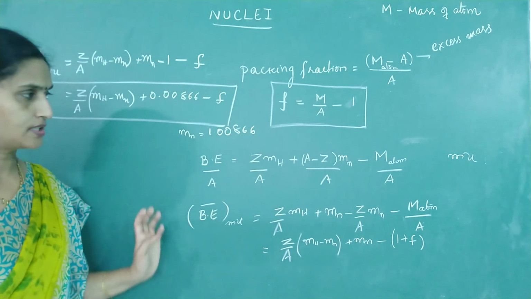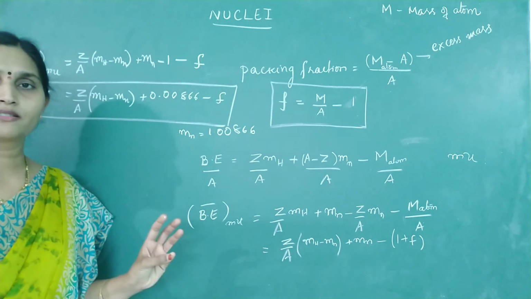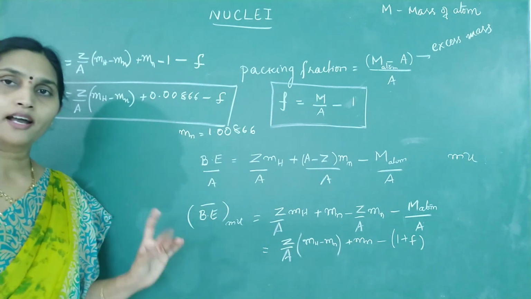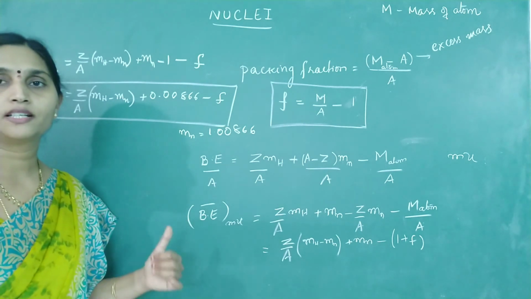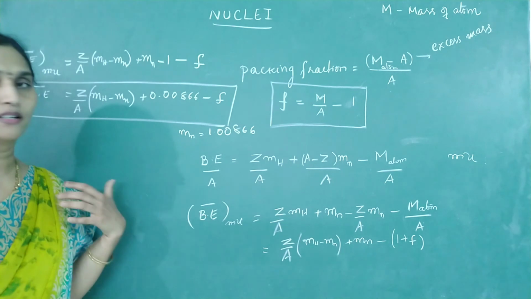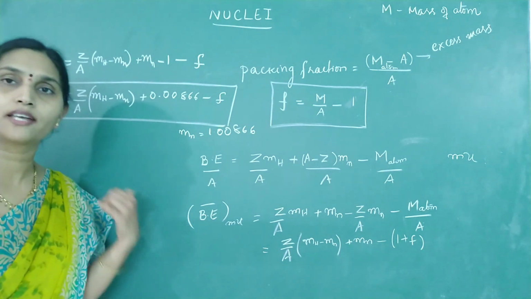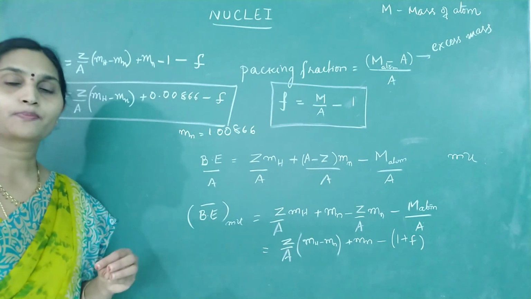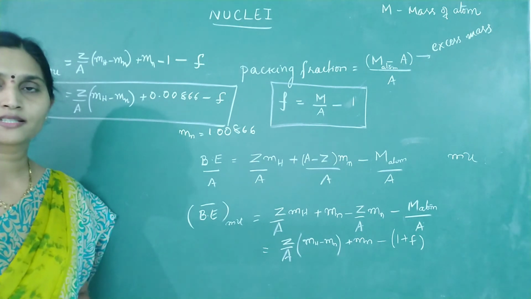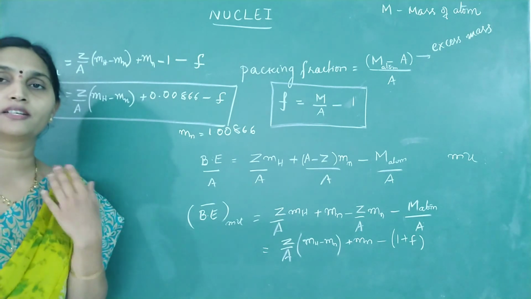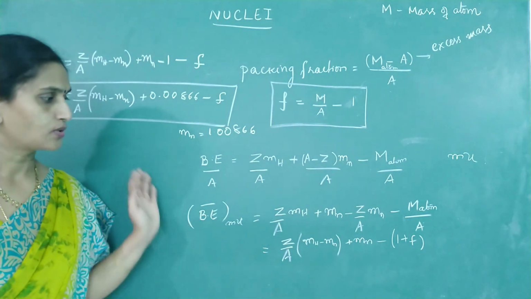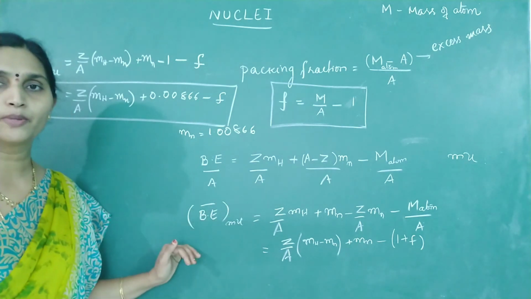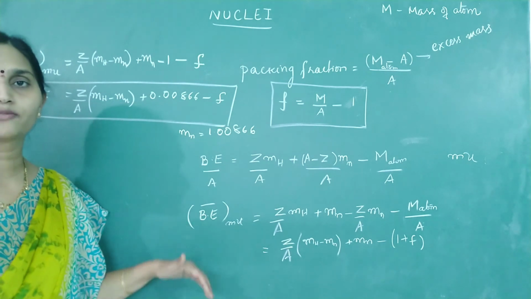So these four terms we have discussed today, mass defect, binding energy, average binding energy and packing fraction, are very helpful in understanding the stability and the nature of nuclear forces, nuclear reactions and so on. This part I will explain in the next class. That means by using the average binding energy curve, how you can understand the stability of the nucleus. So remember, these four basic terms are very important for the further part of the chapter.